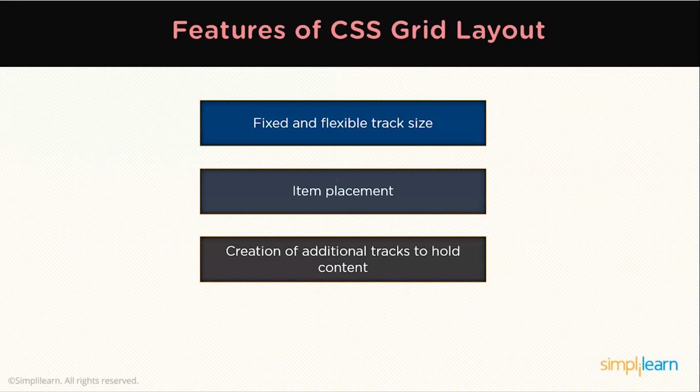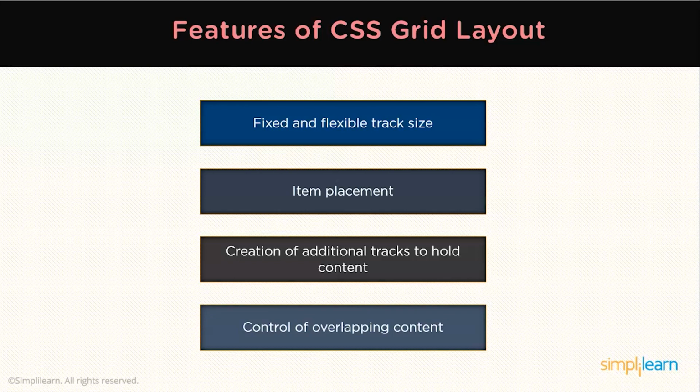You can define an explicit grid with a grid layout. The grid layout specification is flexible enough to add additional rows and columns when needed. Features such as adding as many columns that will fit into a container are included. It also gives you control of overlapping content. More than one item can be placed into a grid cell or area and they can partially overlap each other. This layering may then be controlled with the z-index property.